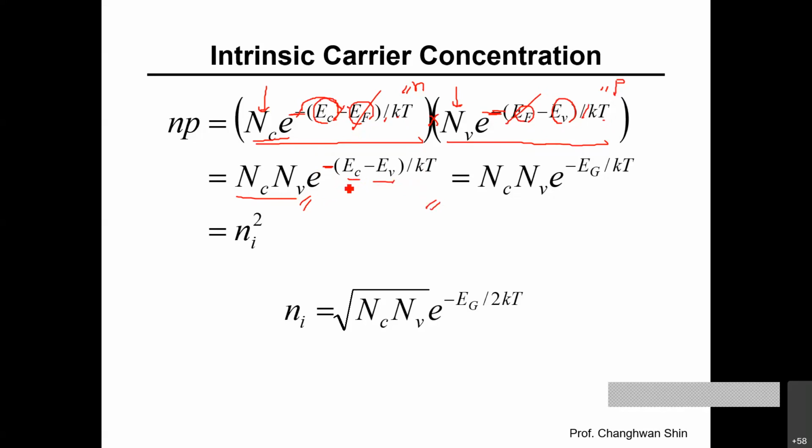Now, take a look at this term, EC minus EV. What is it? That is equivalent to the bandgap energy. For silicon, the bandgap energy was 1.12 electron volt. Okay, so herein I have used E sub G. Then take a look at these three different terms. That is kind of constant, constant, constant. And the N times P product is,